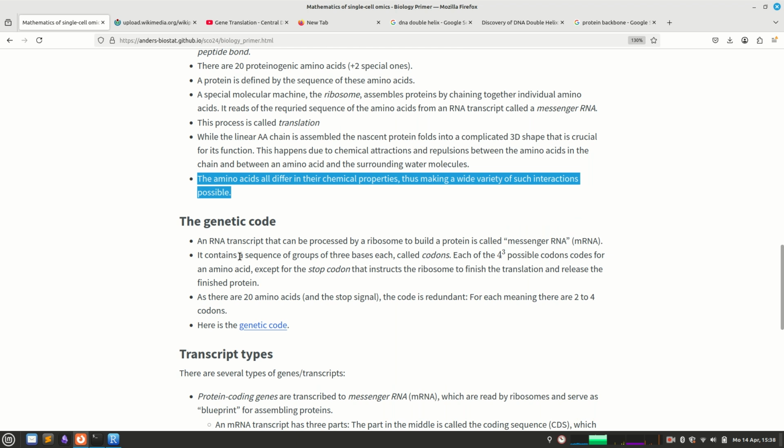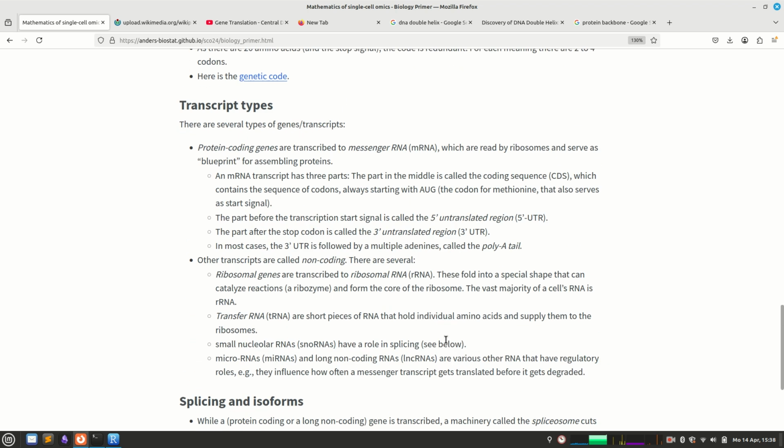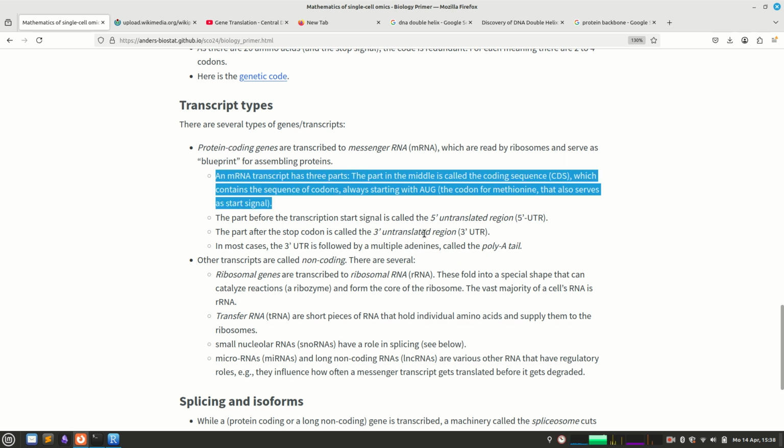The genetic code I've also shown you here. And I've talked to you about the types of genes and transcripts which we find. We will mostly talk about the protein coding genes, which always have 3 parts. In the middle is the coding sequence, which contains the amino acids, but there's a bit of stuff before and